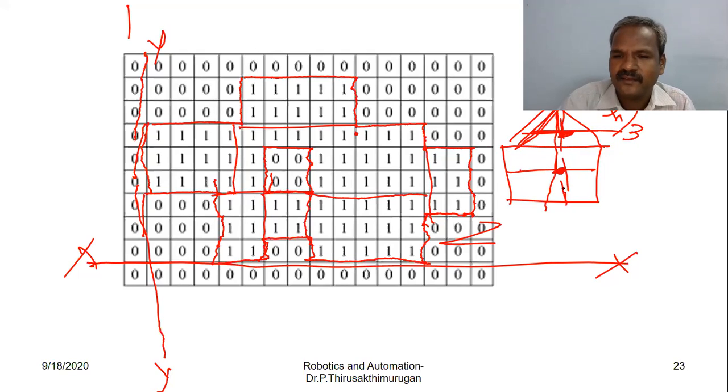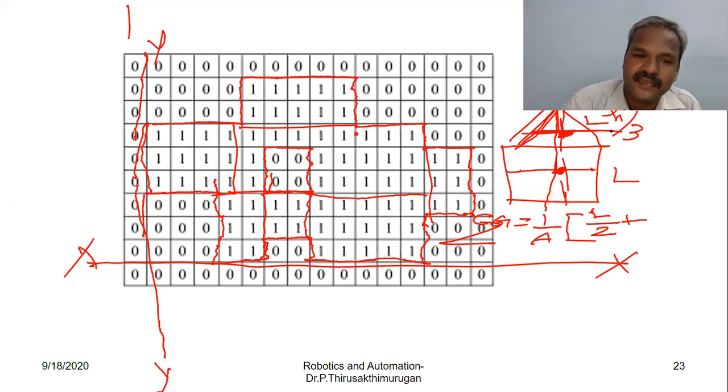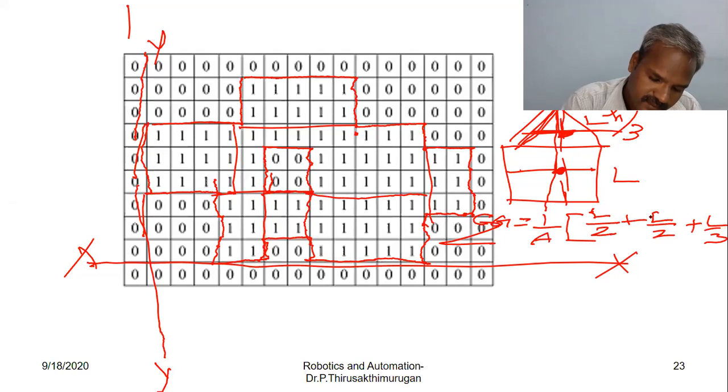Tell me. For that, 1 by the total area, I have to calculate this area and this area, and the center of gravity equals 1 by area times the sum. This middle point is say x/2. Say length is L, this also length is L. So L/2 plus L/2 plus L/3.